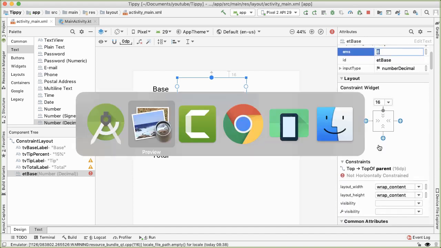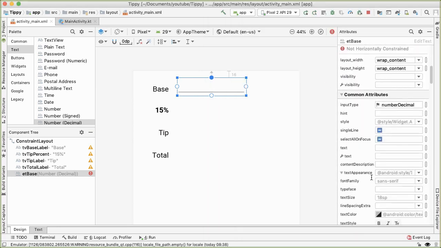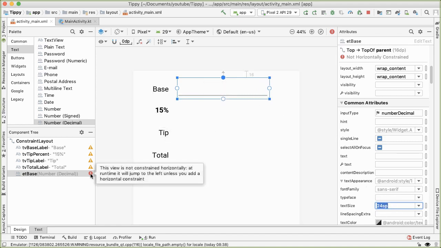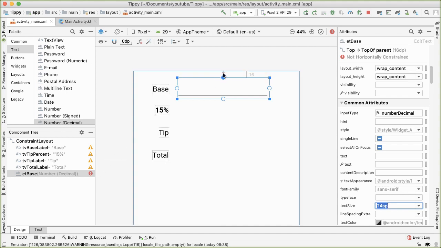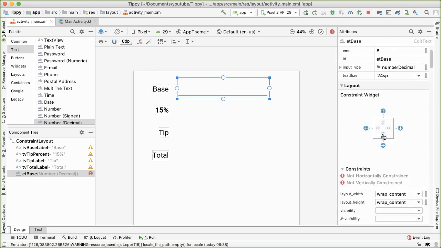And the things on the right side of the screen, we actually want it to be even larger font. And so I'm going to make this 24 SP. And so you can see that that actually expanded it. So again, the same thing applies, right? We need to constrain this view horizontally and vertically. And actually, I don't want this to be constrained vertically to the parent, so I'm going to delete that top constraint. And I want everything to be positioned relative to the corresponding view on the left side. So each of the elements here will have a corresponding view on the right side,